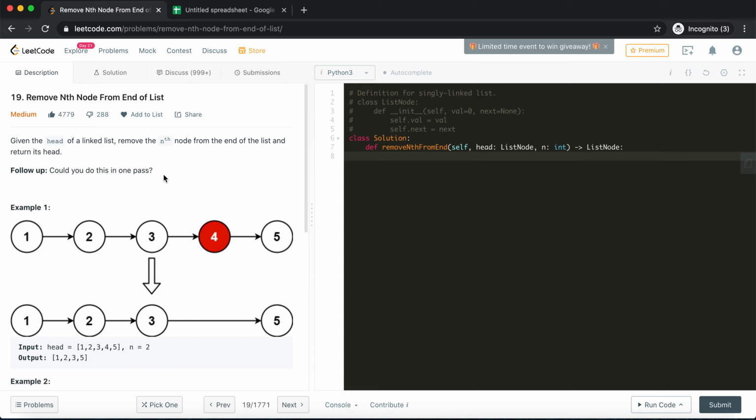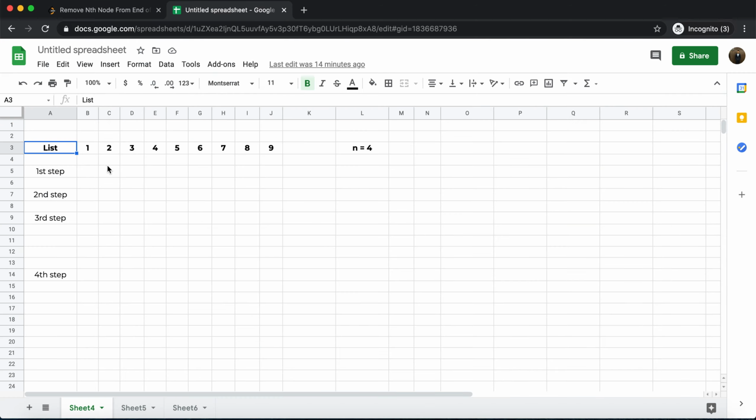I'm going to attempt to do this in a single pass. That's the difficult part. So let me show you how that can be done. Consider this example. Here we have a list of 1 to 9 nodes, and we are told to remove the 4th element from the last, which means we need to remove the 6th element, right? So here the solution is to do it in a single pass, using a 2-pointer approach, where we need 2 pointers, which I'll call front and back. The names will become clearer once I discuss the approach.